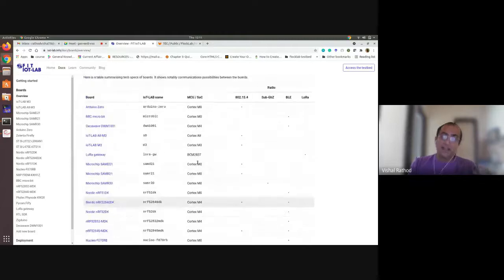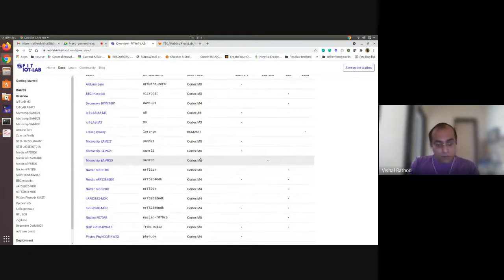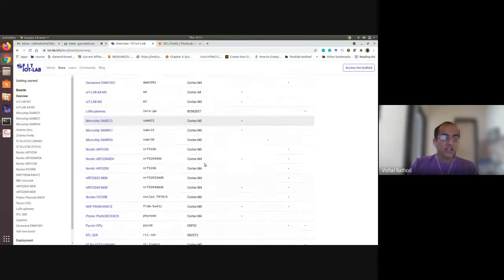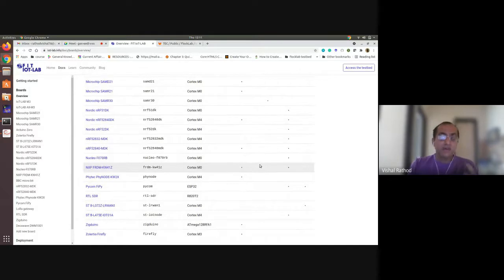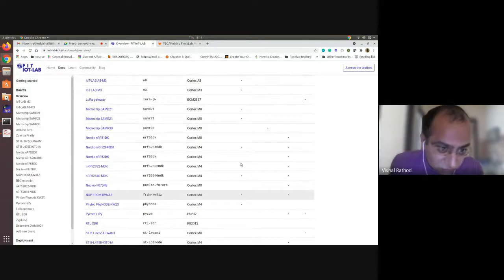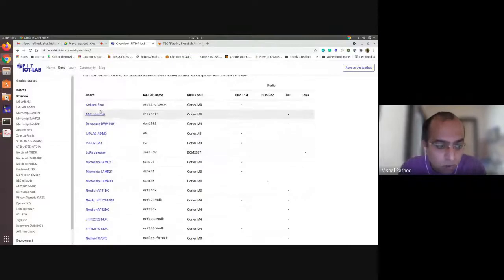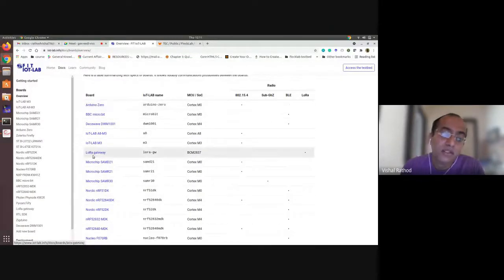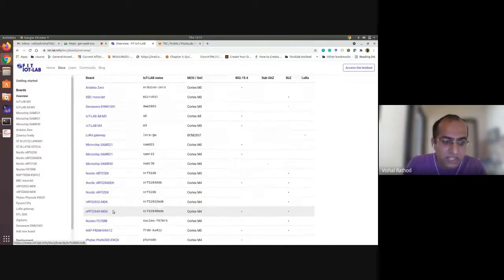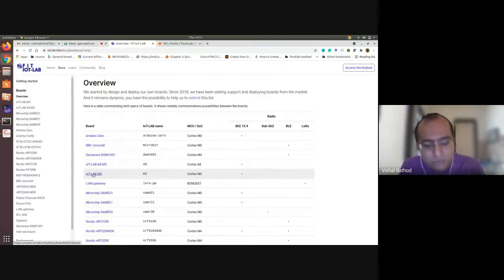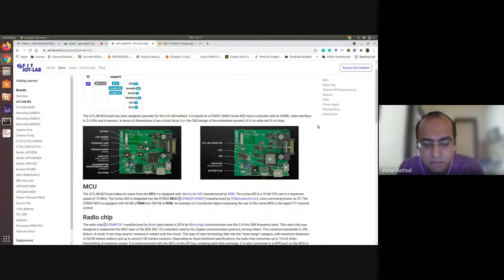Just imagine that if you buy any one hardware or one node, it will cost you around 20,000, and this lab will give you this many nodes freely available for testing. Isn't it amazing? If someone works on Arduino, they have good mastery, or some people have already started working on LoRa. There are some LoRa gateways also deployed on these sites. Zolertia Firefly is also there. But one of the most powerful hardware is IoT-LAB M3. Most of the people are using it.